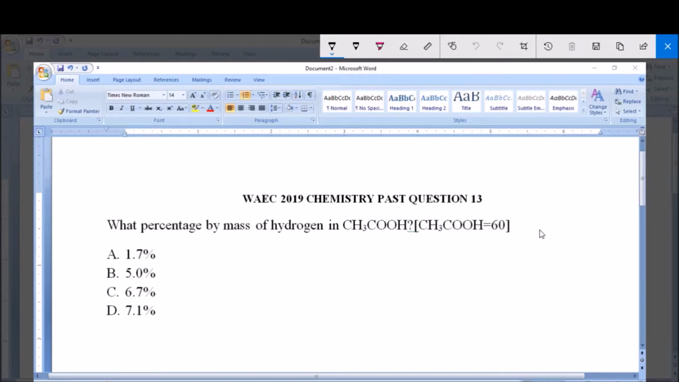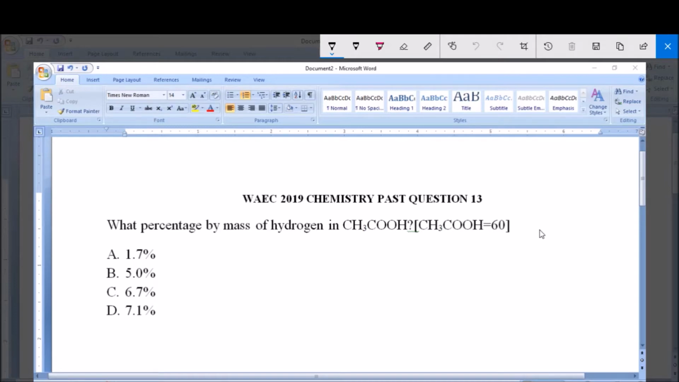I will be answering question number 13. The question is, what percentage by mass of hydrogen is present in CH3COOH, which is ethanoic acid? A, 1.7%, B, 5.0%, C, 6.7%, D,